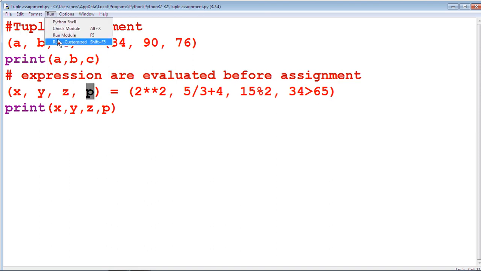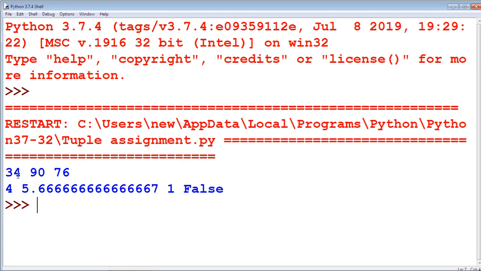We get the result as 34, 90, 76. Second one 4, 5.6, 1 and false. So this is the example for tuple assignment.